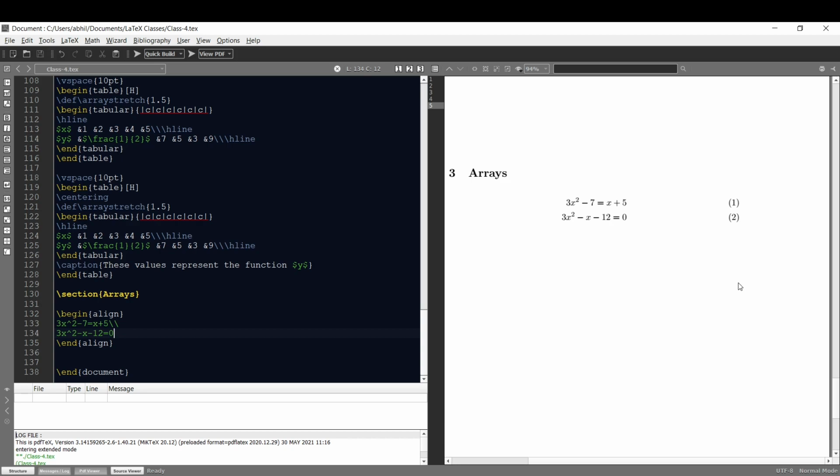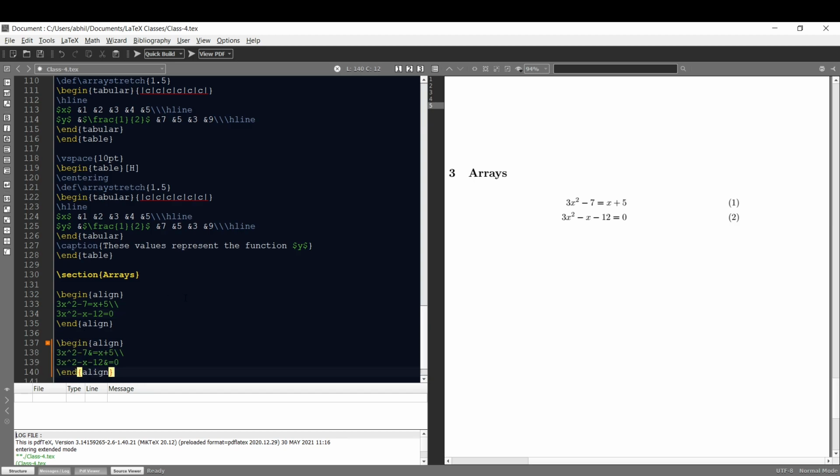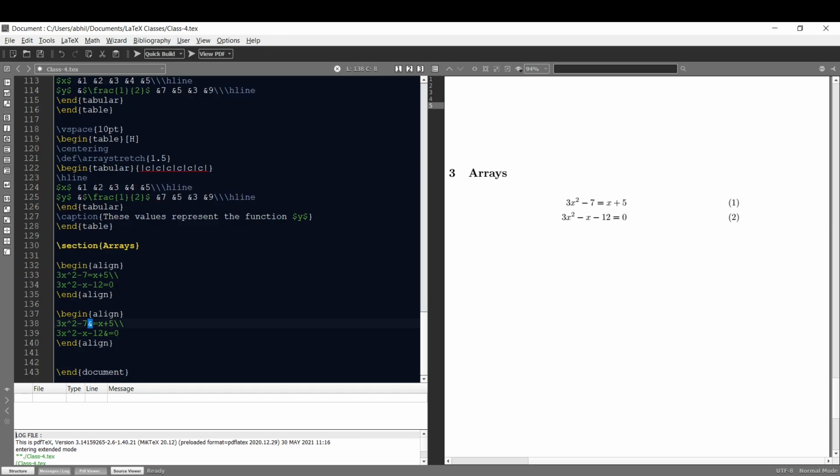Next, to make these equations look a bit better, we can align the equal signs by using &= instead of only the equal sign. So let me again write the code. Here you can see that I have used &= instead of only =, just to make my equal signs aligned. And if I run this, you can see that my equal signs are aligned and this looks a bit better.